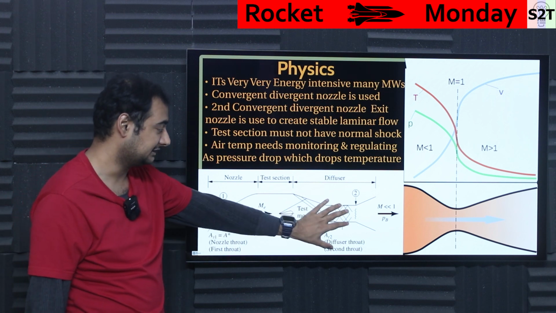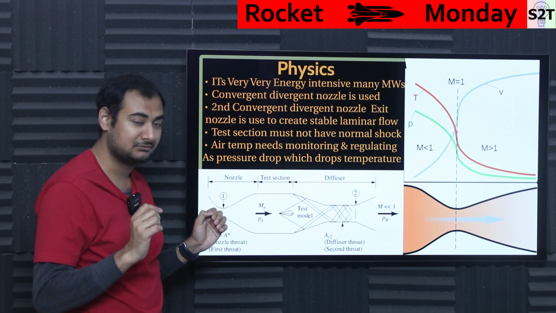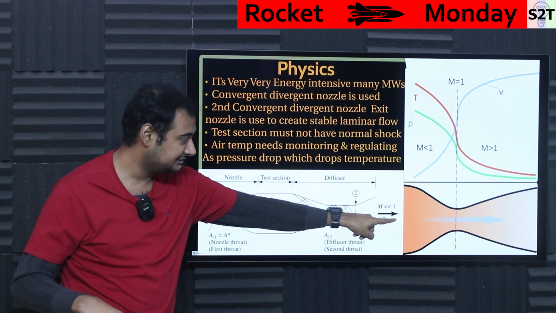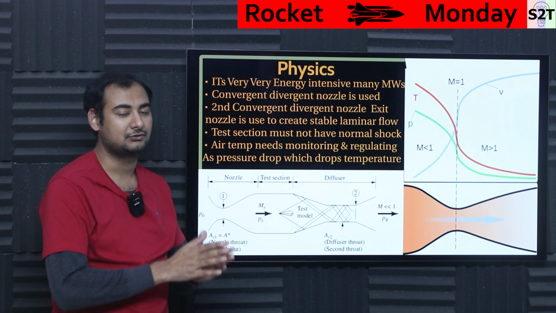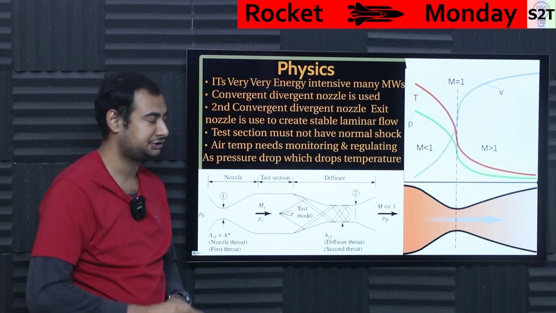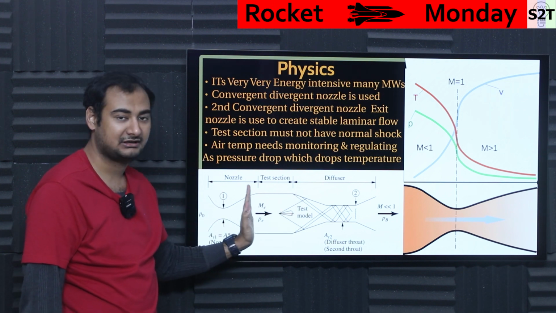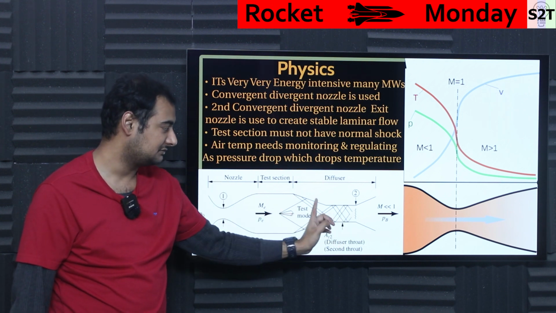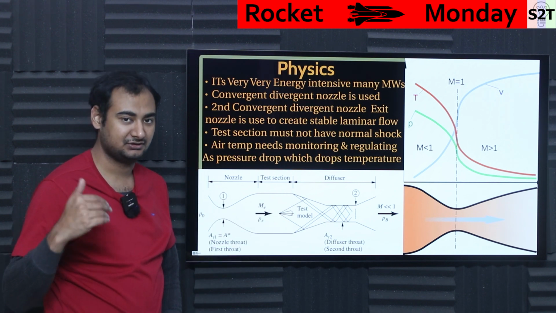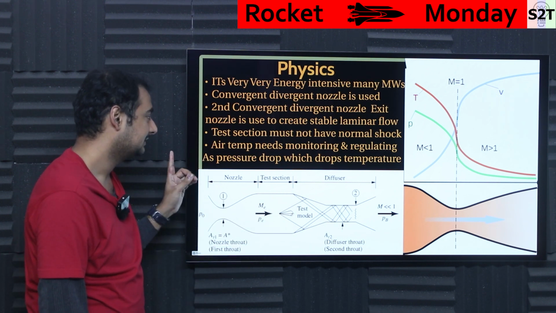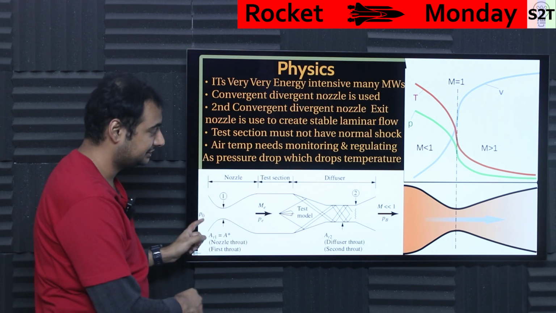So we also put a second layer. Now these things are designed in such a way that it uses the shock, the normal boundary, to do this in reverse. Basically it's like, okay, let's let the air calm down, go from high flow to high pressure. So the test section should not have any shock waves. The shock wave should always be in the diffuser, it should not be here. And a shock wave will always be formed whenever you are changing velocity and all that jazz. So the test section should not have normal shocks, and air temperature needs monitoring, because what you are doing here, basically